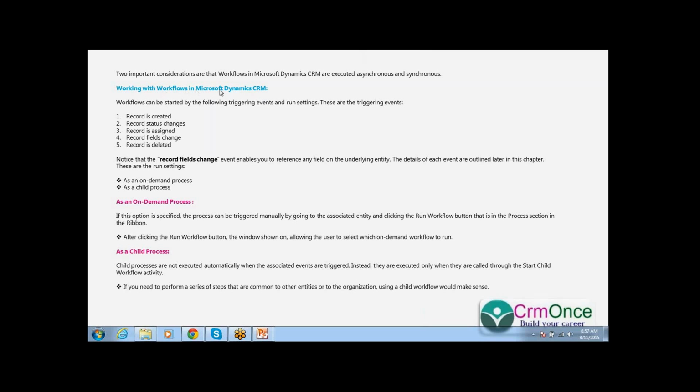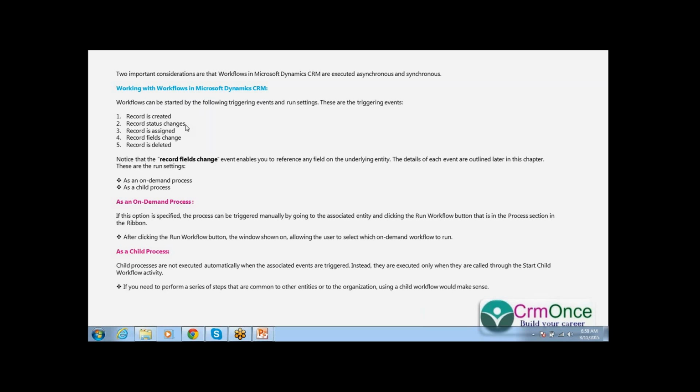Working with workflows in MSCRM, workflows can be started by triggering events and running settings. We can start a workflow when a record is created, or when the record status changes, when a record is assigned, shared or deactivated.